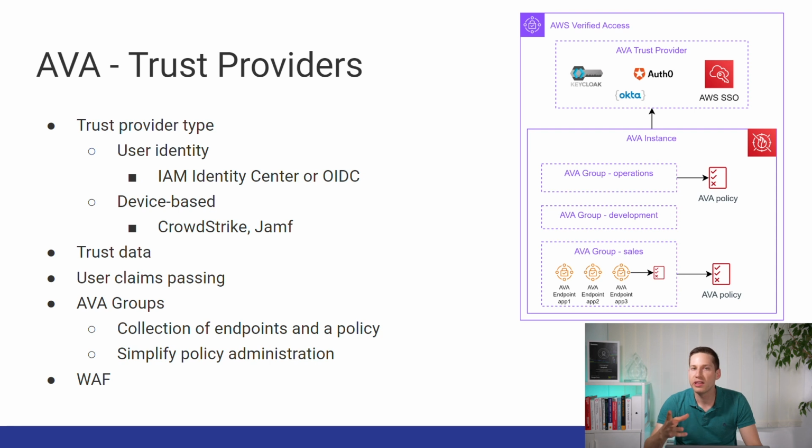The trust data is then, when you authenticate to your application, it goes for verification to the verified access. Then the trust data is also forwarded in a JSON Web Token to your application. And this comes very handy because if you remember, for example, in a traditional manner, when you have a VPN